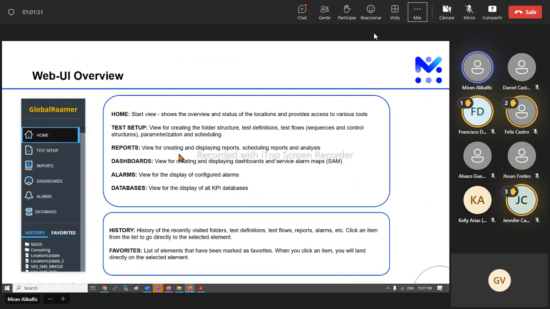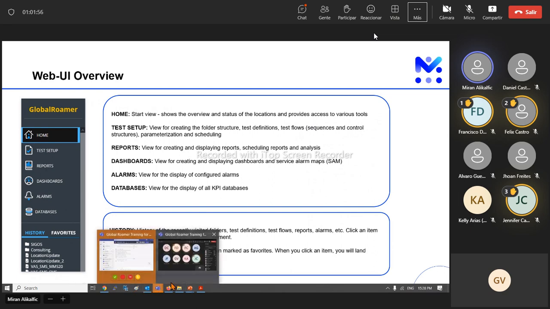Now, in our homepage, we have these different types of views. So in the start view, it will show you the overview and status of locations, and it will provide you access to various tools. Then we have our portal is designed in this way that you will have